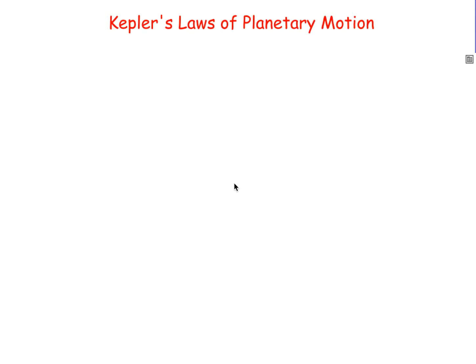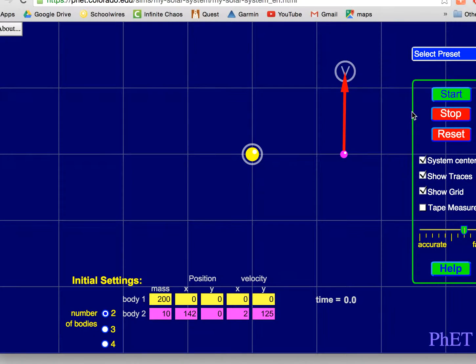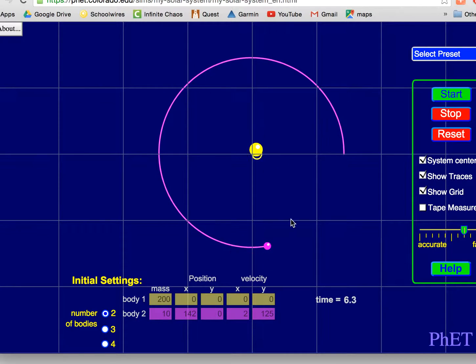In the 1500s, the scientist Johannes Kepler came up with three laws of planetary motion, and we're going to take a look at those now. I want to introduce you to the first law by taking a look at a simulation of an orbit. I'm going to hit the start button here, and we have the purple planet orbiting the yellow sun in pretty